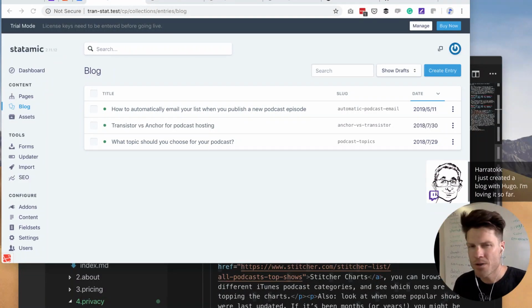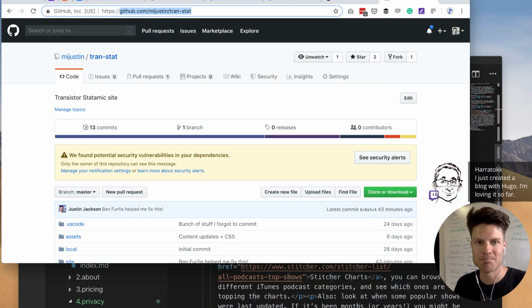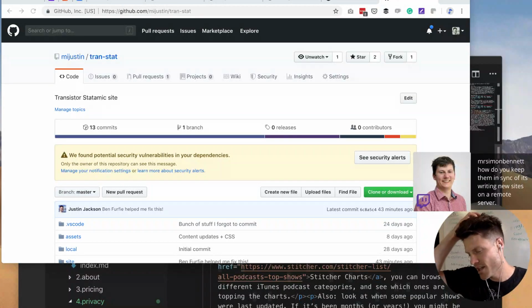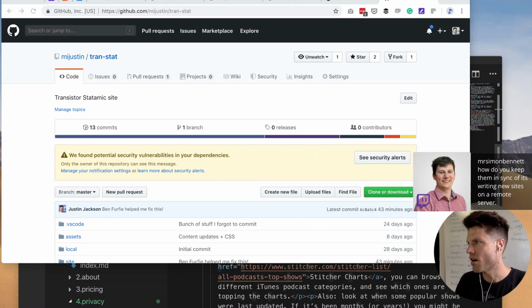Yeah, I considered Hugo and Kirby and Middleman, but I really am liking Statamic. It's the perfect piece. You just pull it down. The Laravel Forge automatically